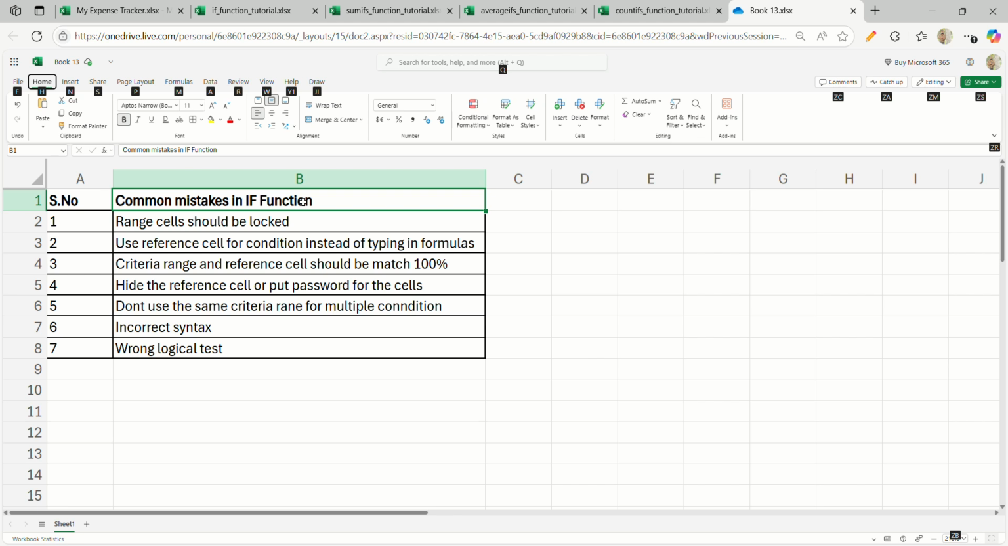Hello all. Today's video is about how to be a master in building automated Excel dashboards by avoiding common mistakes in IF functions. People will make these kinds of mistakes unknowingly. Yes, you can think how they will do it unknowingly. But the truth is, IF functions like SUMIF, AVERAGEIF, COUNTIF, and IF logical functions,